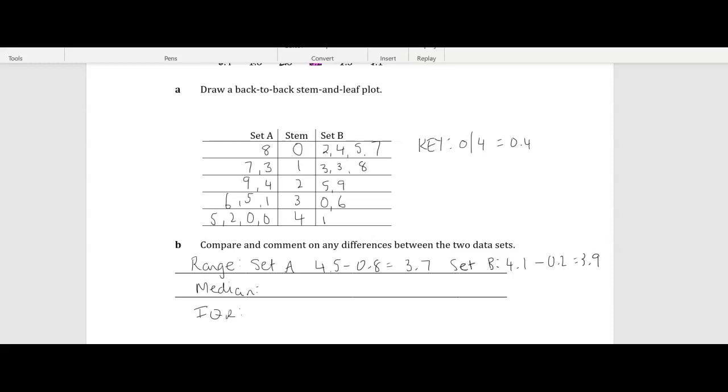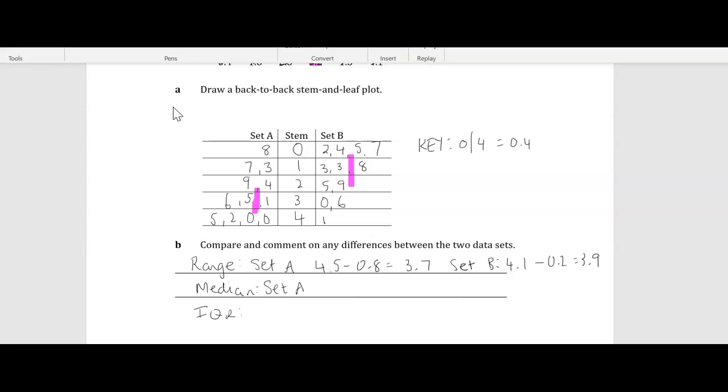The median, okay, so how many values have we got? 1, 2, 3, 4, 5, 6, 7, 8, 9, 10, 11, 12. So we're going to go to the sixth number, 1, 2, 3, 4, 5, 6. So it's halfway between 3.1 and 3.5. And we might just do set B while I've got my highlighter. 1, 2, 3, 4, 5, 6. All right, so for set A,